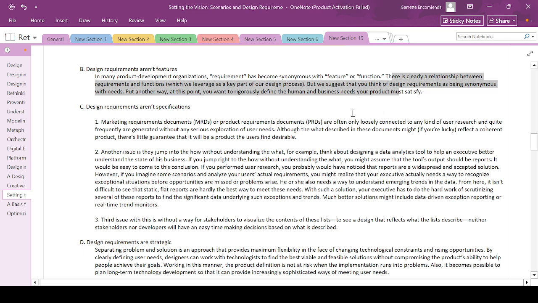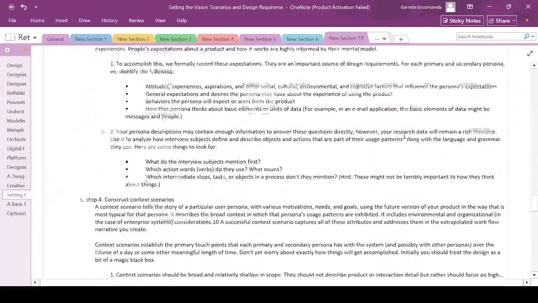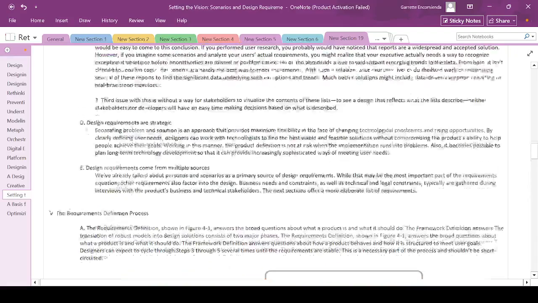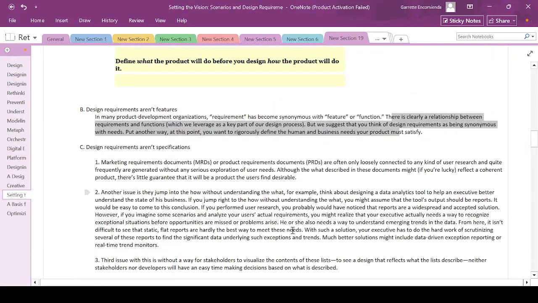As you can see in that scenario with object, context, and data, functions and context, we have identified the most important functions. It is not a feature because